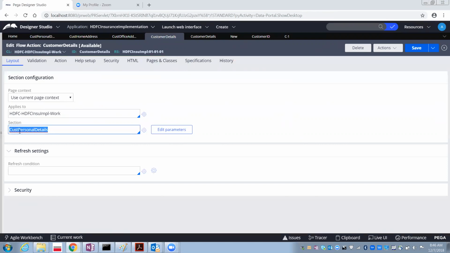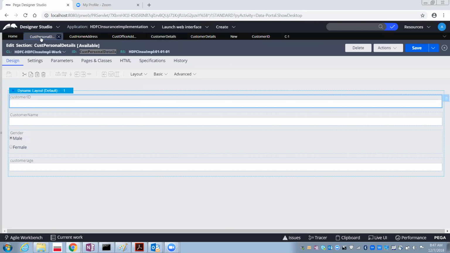If you want to go to this particular section, you can select open. Here you have something called the open option, which is called open the rule. Either that, or if the section is already opened, you can go to it like this, customer personal details.